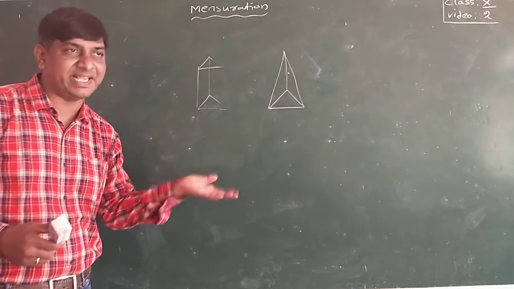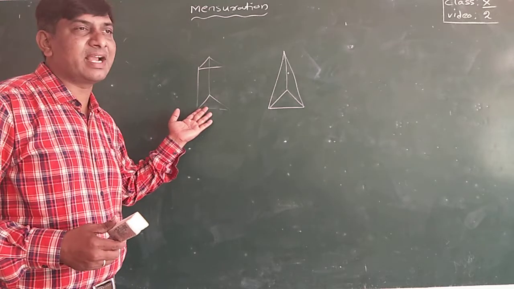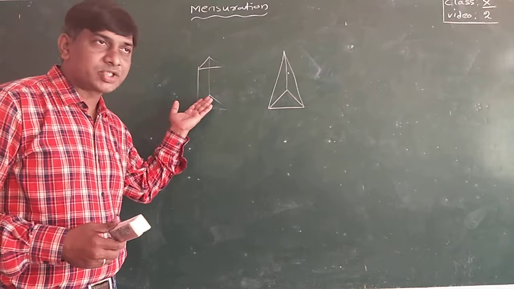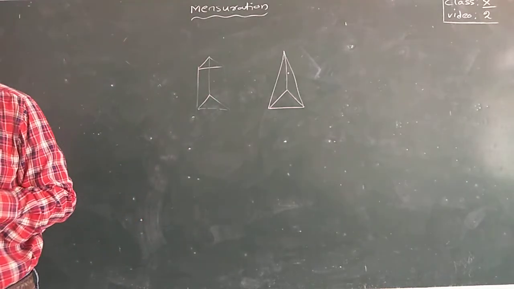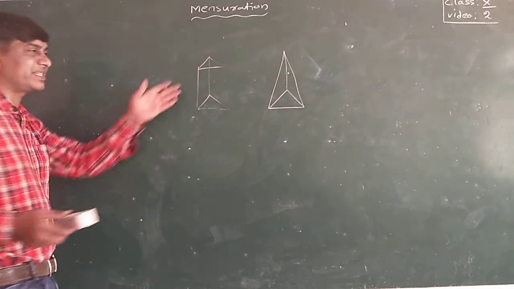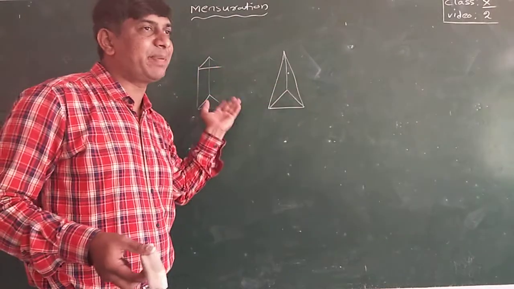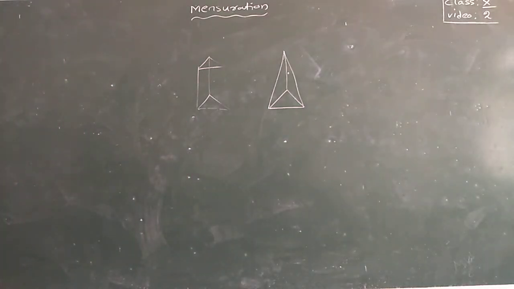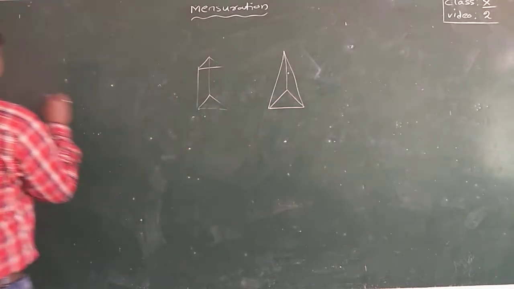It depends on the base. If the base is a rectangle, rectangular prism. If the base is a triangle, triangular prism. If the base is a square, square prism. Based on that only, the shape will change. It will not always be fixed. The prism will not always be in this shape only, and likewise the pyramid. It depends on its base. If the base is a square, you get a square prism. If a triangle base is there, triangular prism. This is prism, this is pyramid.